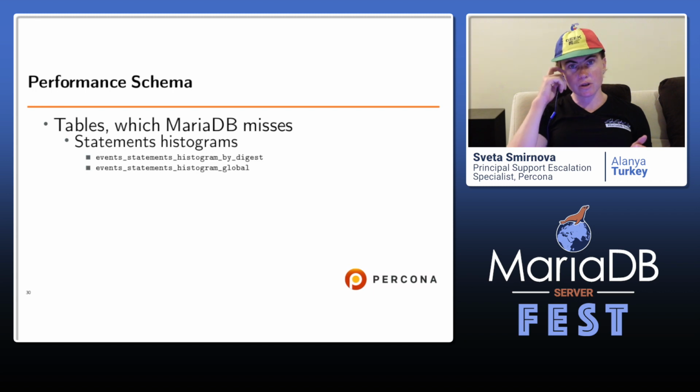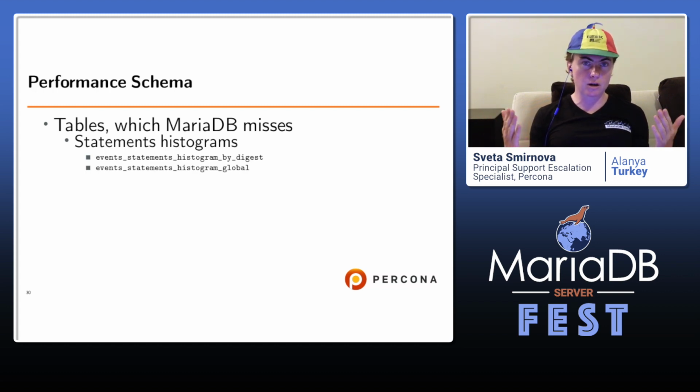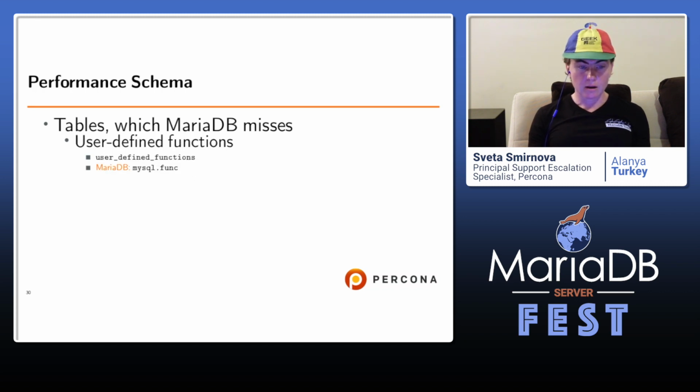Statement histograms are not related to the optimizer histograms which we discussed before, but are histograms about how frequently such statements execute or how long they take. Again, they are not available. It's a kind of performance statistics on SQL statements. These are not available in MariaDB.